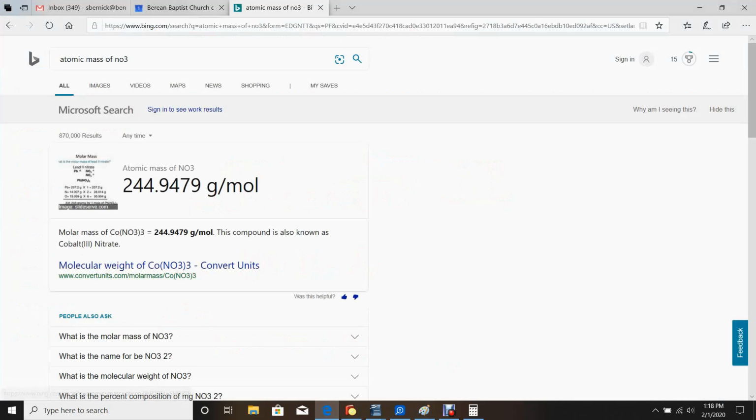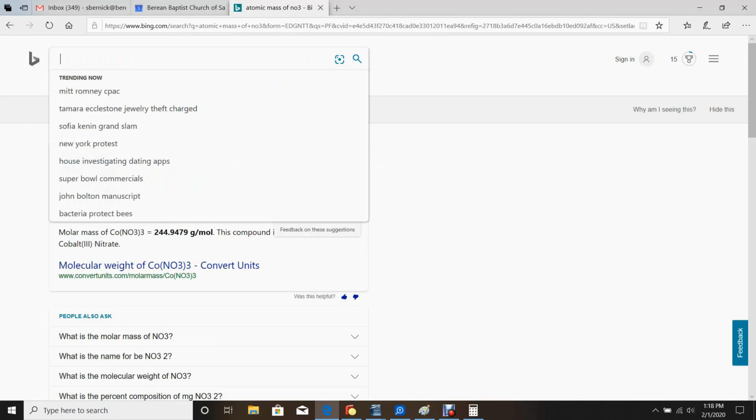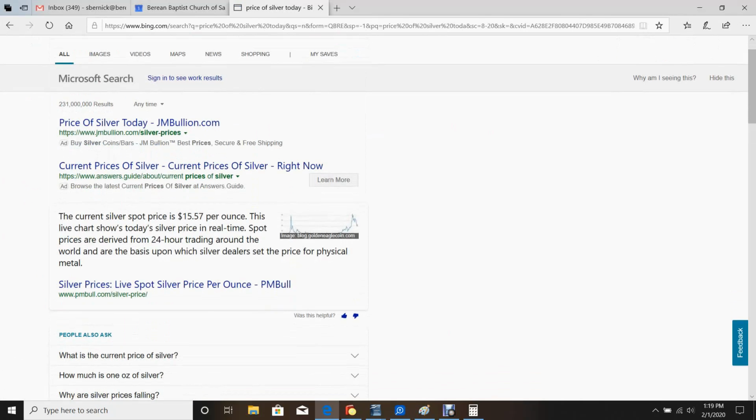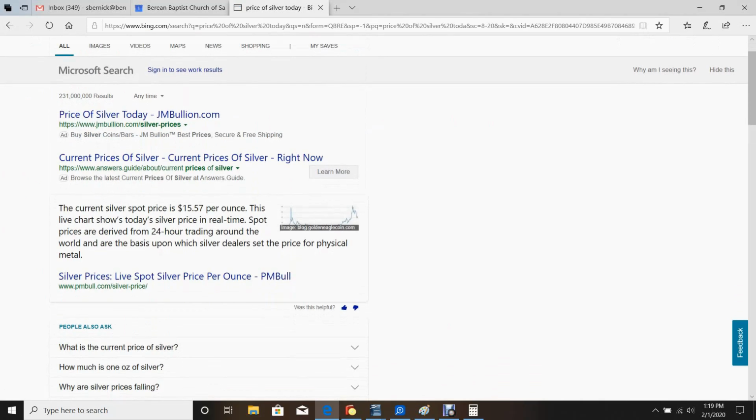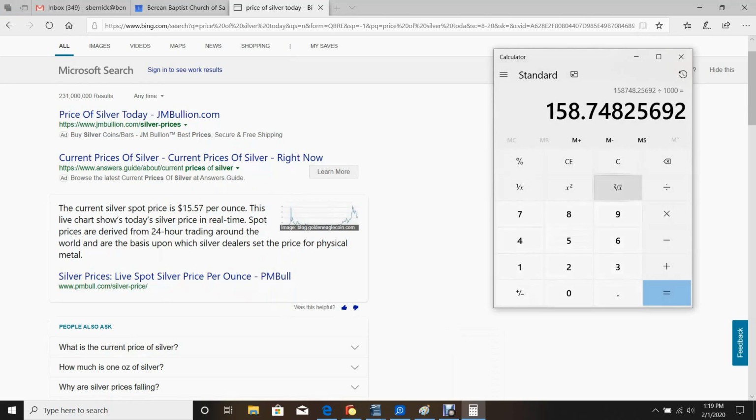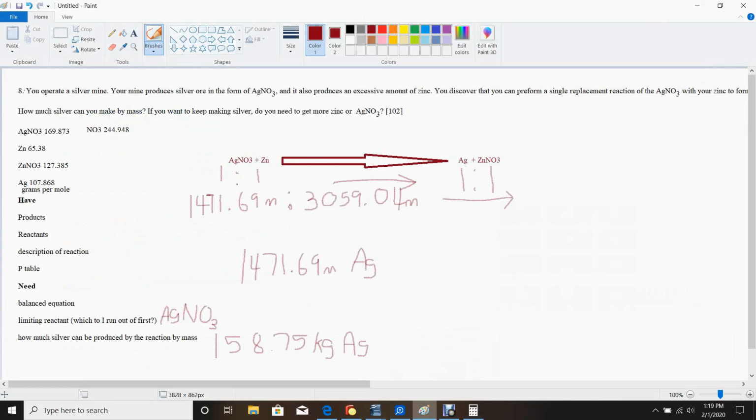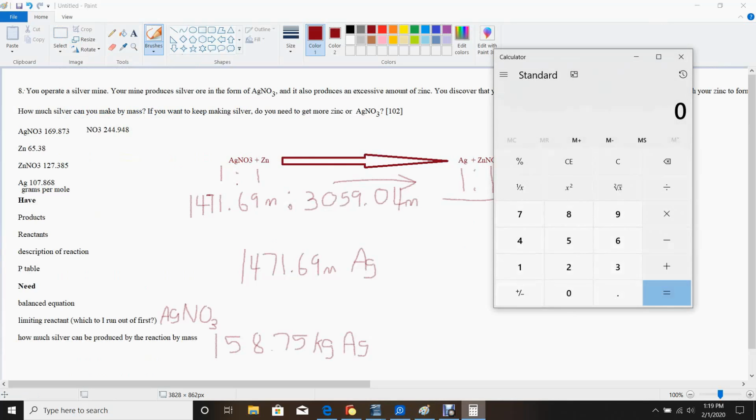Let's see what Dr. Google tells us. You can see here, I don't always look things up on the periodic table. Just off the top of the internet, so who knows if it's true or not. $15.57 per ounce. There are 28 grams in an ounce, I believe. So let's see here. So $15.50 per ounce. How many ounces do I have? 158.75